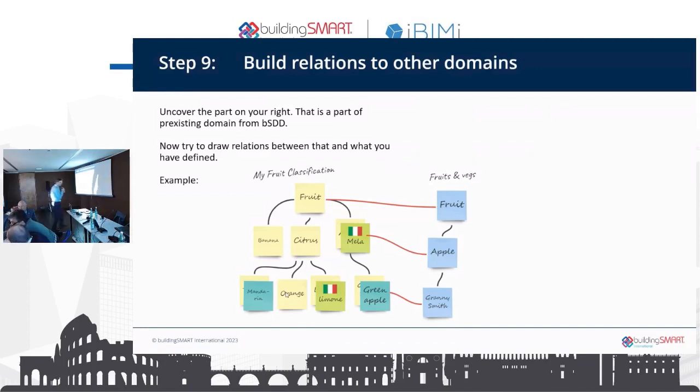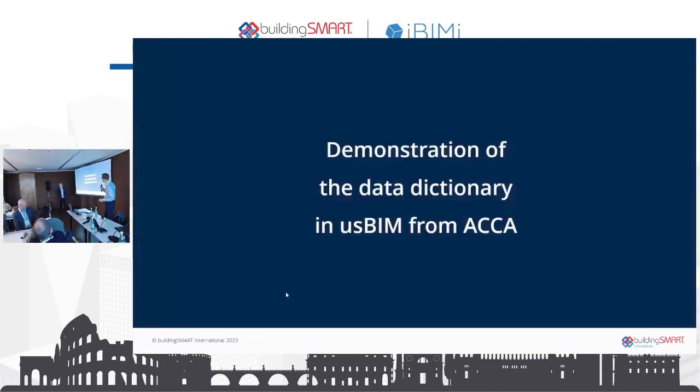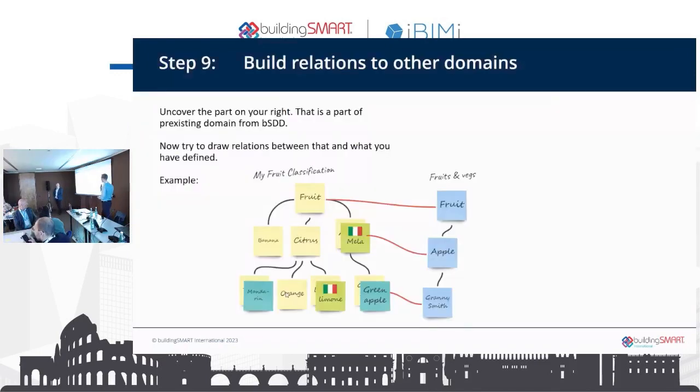Okay, yeah, I see amazing results. You don't have to make it complete. It was just for you to touch the data dictionaries, touch the bSDD yourself. And I also have the next step, but you don't have to do it physically. Oh no, I don't have this step. But the next step was for you to see other groups.